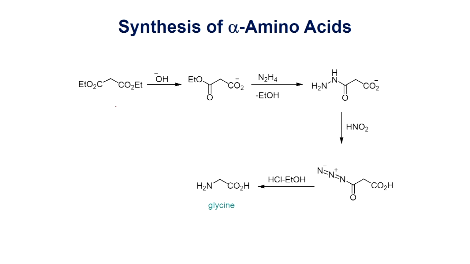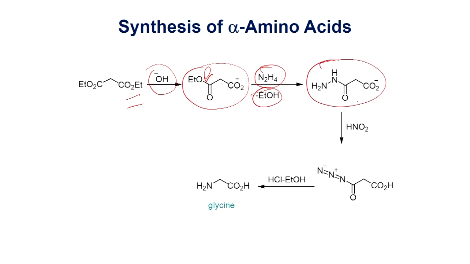Here an application is shown, the reaction of diethyl malonate with base, where base hydrolysis can give this salt. Once you have this one, it can be further reacted with hydrazine. It can undergo an addition reaction with this carbonyl group, and you will be able to form this hydrazide derivative. Once you form this one, when you react it with HNO2, you will be able to form the acyl azide. Once you form the diazonium salt, when you react it with acid, it can undergo decomposition and you form the nitrene. Once you form the nitrene, it can now undergo migration to give this isocyanate.